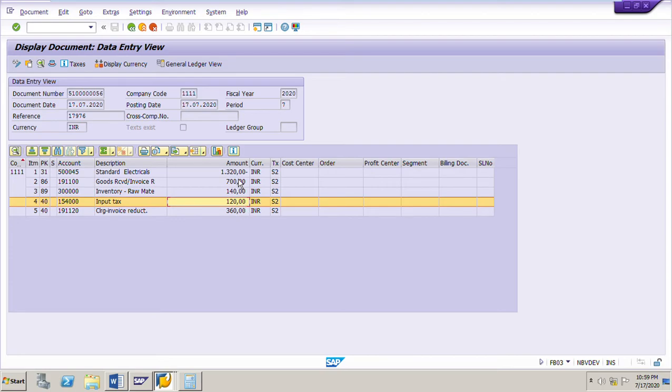Input tax for 1200, which is the amount according to vendor 1200 plus 120. 10% of 1200, 120, that is 1320. This is the tax for the amount according to vendor, 1200. Also this is the amount by which the invoice will be reduced, 360. 360 means 1200 minus 840. This is the accounting document of the main invoice document.